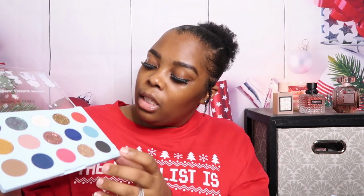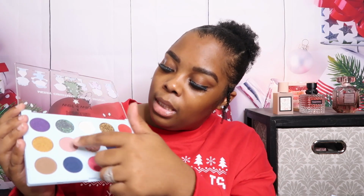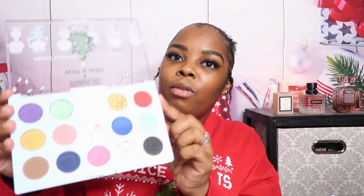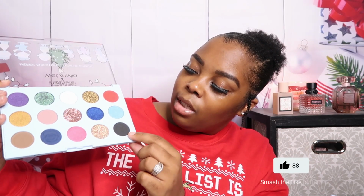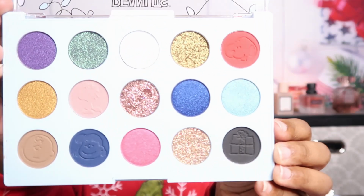I mean, some of the cutest little names. But it looks like a palette with some shimmers in it, as well as some matte shades. And I like the fact that they have the characters on here as well. I don't know if you guys can see that, but here they have Snoopy, and then they have Charlie Brown there, and they have a Christmas gift here. And so, you know, they have different little characters on there. I'm not sure if y'all can see those or not, so I think that's really